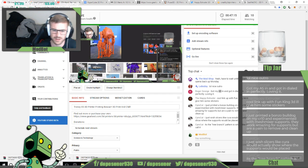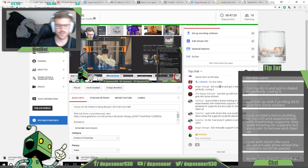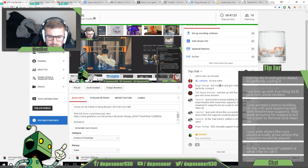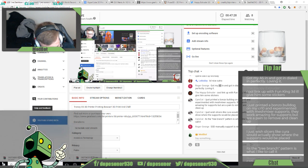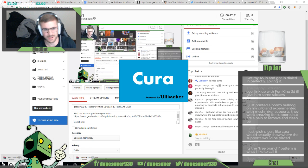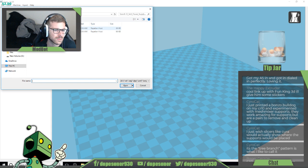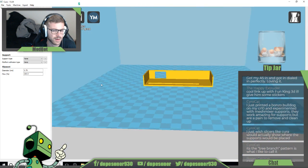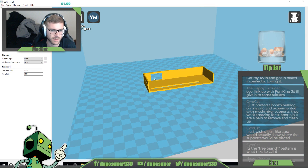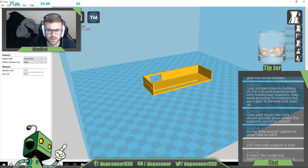I just wish slicers like Cura would actually show where the supports would be placed. Cura does show where the supports are going to be placed, unless we're talking about different things here, but let's see if I can show you. Let me make this where it actually needs supports. Okay, we'll just do it like this and say we want to support there. So support type everywhere. You'll see it doing its thing, and then you don't see it. But if you go over to here and you go under layers,